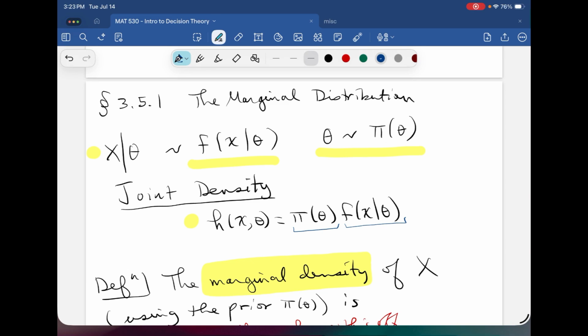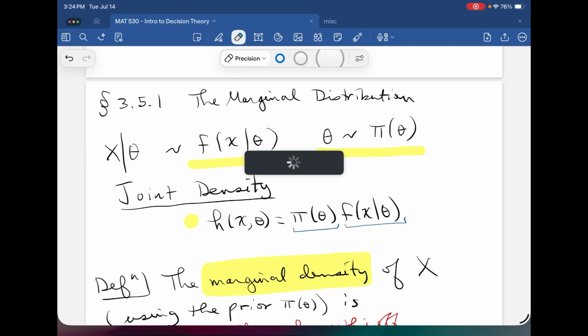In this video, we're going to look at the calculation of the marginal distribution and how it's useful to assess the appropriateness of the prior distribution. I think we sort of touched on this before. So remember that we have